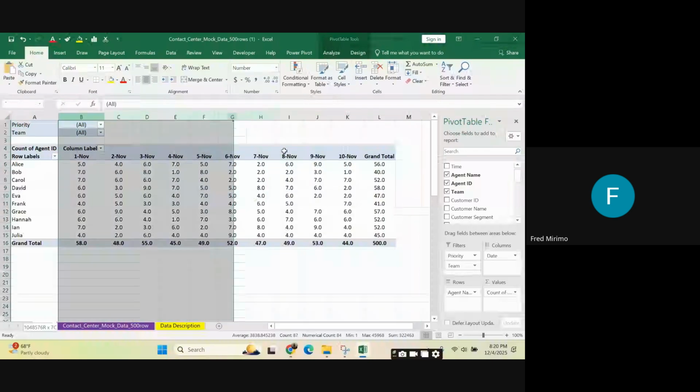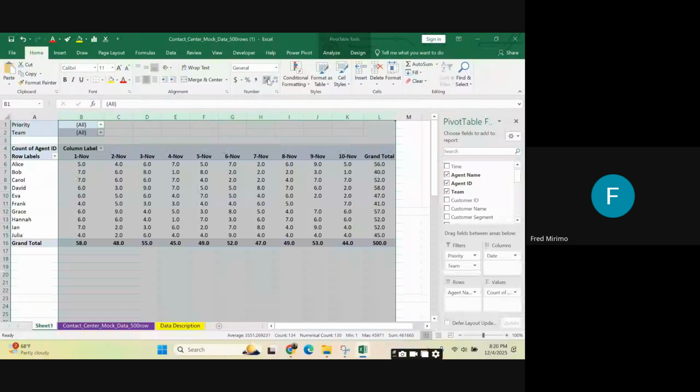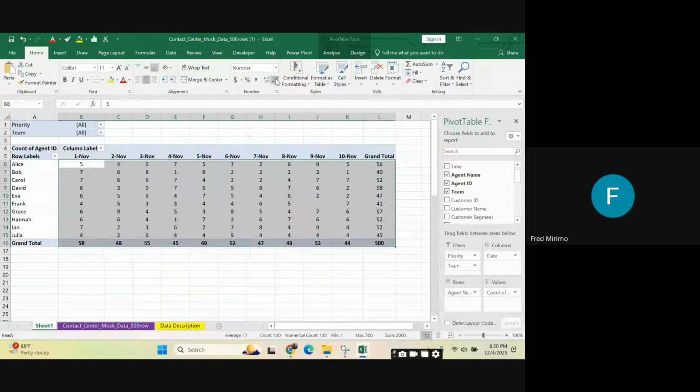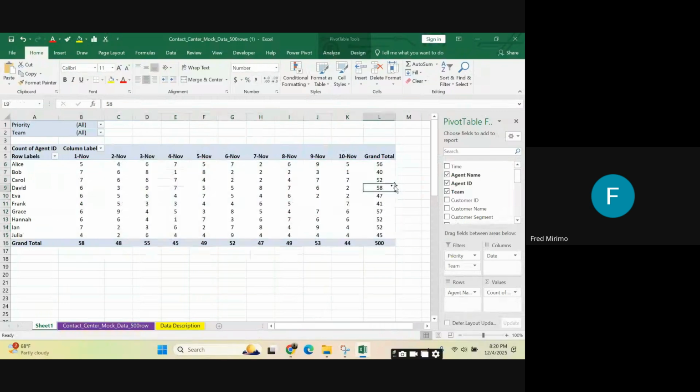So let's remove the decimals because there are no decimal interactions. They're whole numbers. So for each date, as per your question, we can know how many interactions each agent handled. So if we want to narrow down for teams, now that we've brought teams to the filters, we can select,